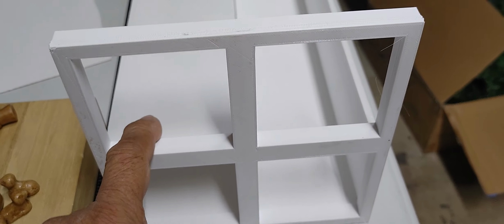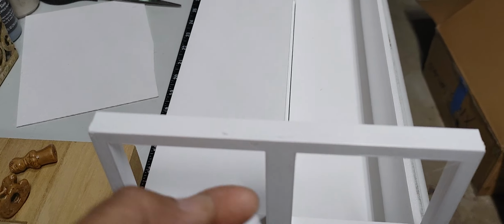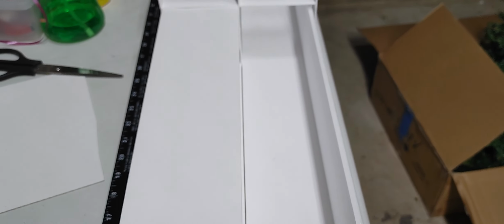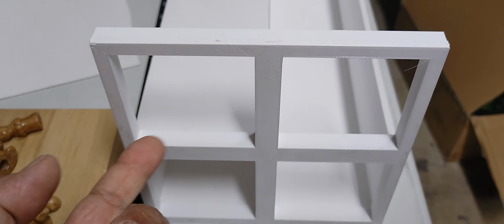And so once I did this, I started to realize that this is going to take quite a bit of work, because it took me quite a bit of time to cut these boards and then to insert them. It's more trouble to insert them and to keep this nice and straight. And while this is pretty rigid once it's assembled, it's just the amount of work that this was going to take. So